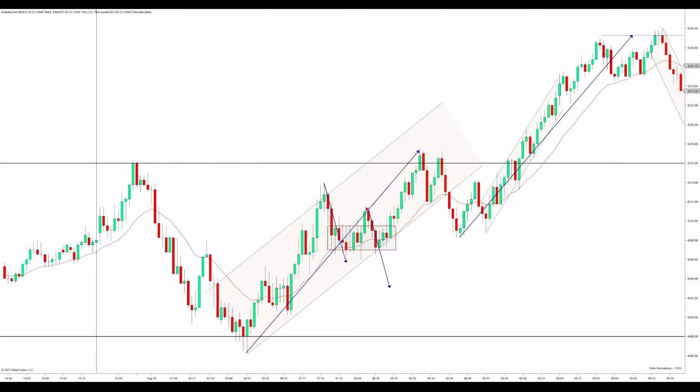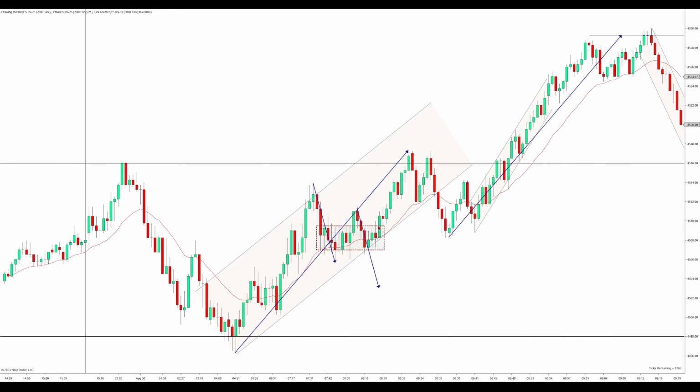So we push up right here and get that second leg down, but of course everything in here is too choppy to enter long into. You don't want to enter right into all this. I was hoping that after we push higher here, we could get some kind of swing, so we can get another entry out of this chop, but we don't get that. We just push on up to the overnight high,